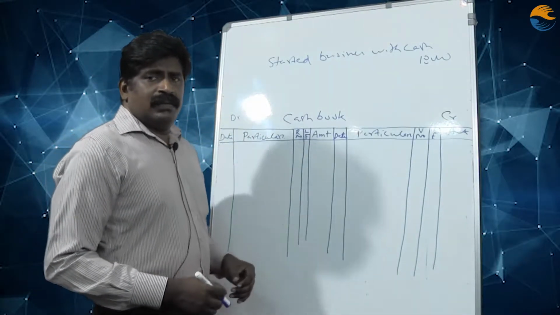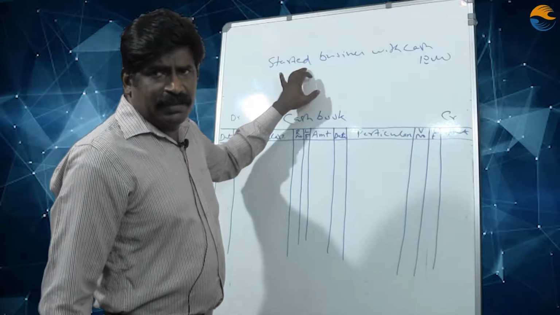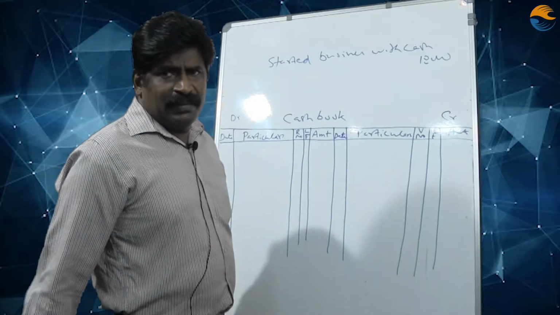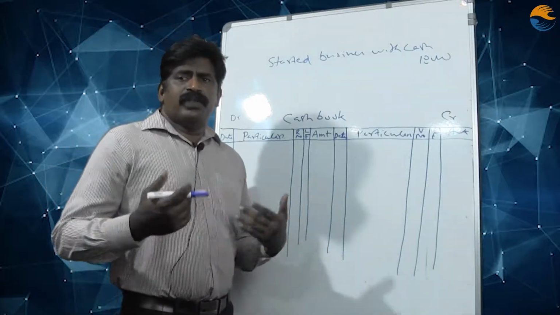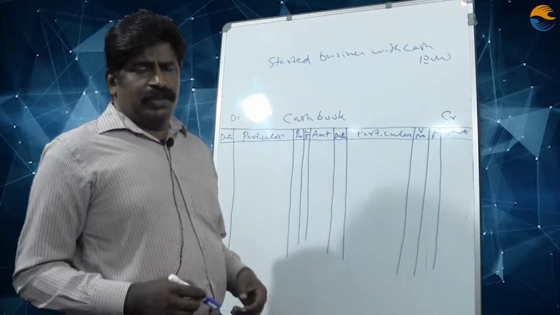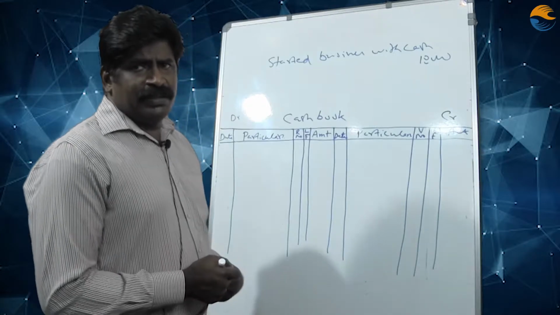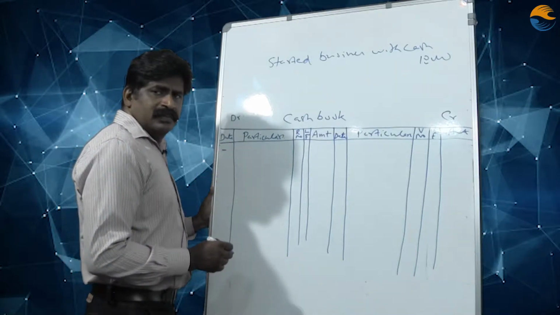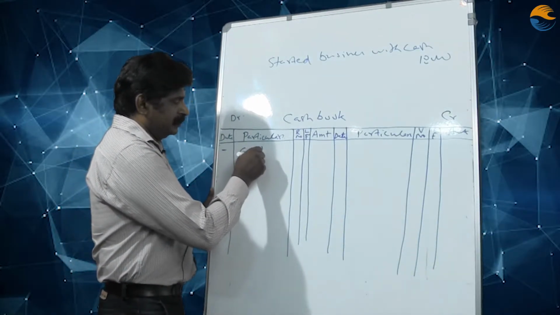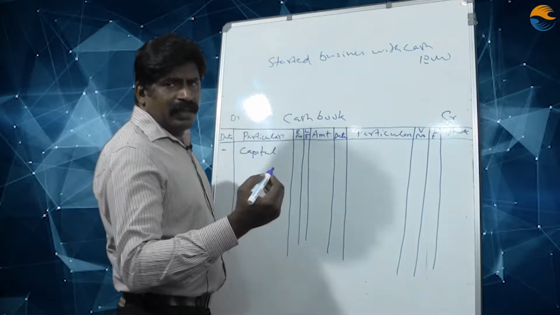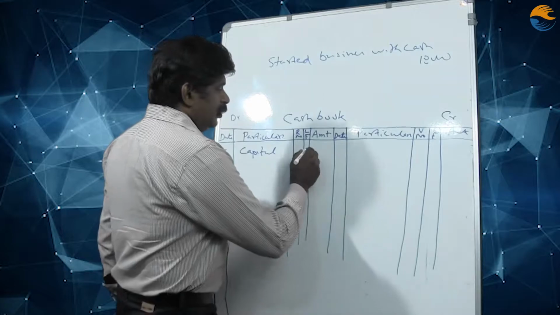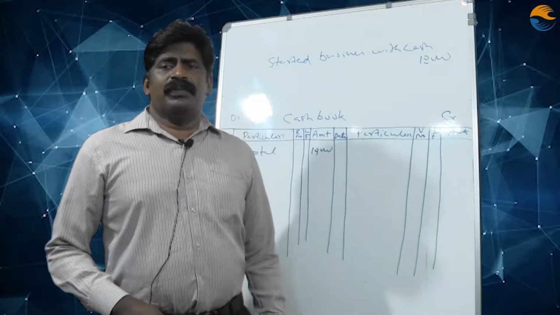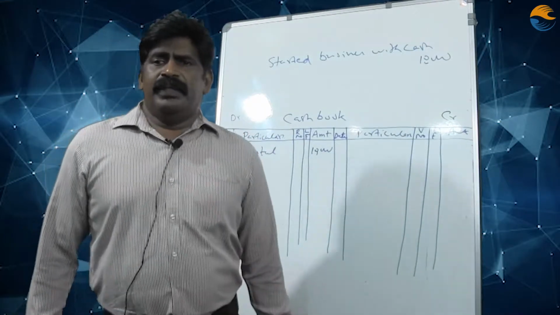And we know that two aspects regarding this transaction are cash and capital. The cash book is here. The another aspect is capital. As cash comes into the business, it is a receipt to the business. So it should be debited in this particular column. After writing the date, we write as capital. Means amount came into the business in the form of capital. It's rupees 10,000. So when money comes into the business, it is to be shown on the debit side.